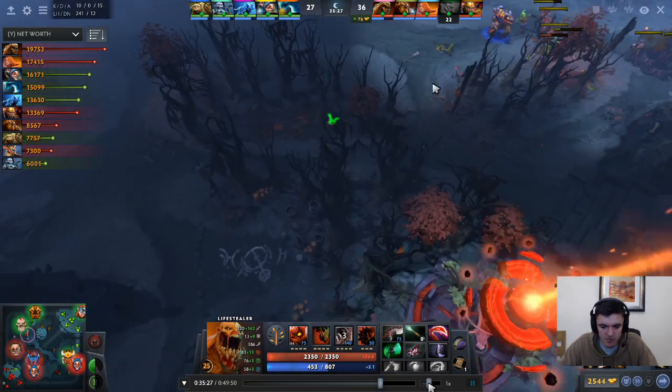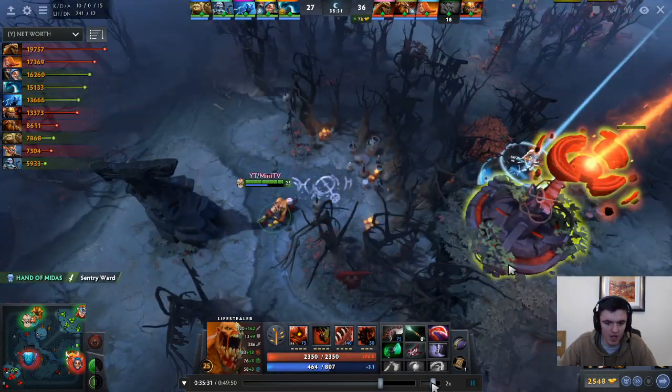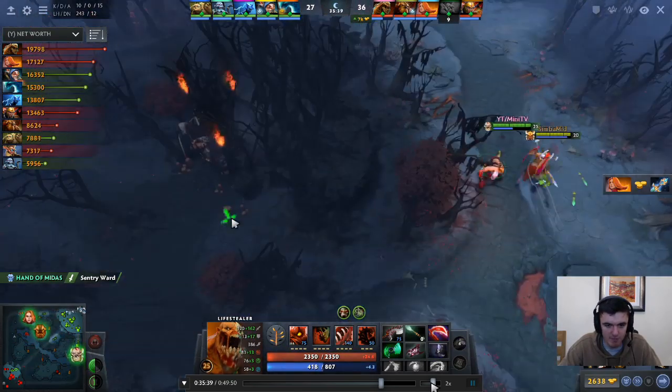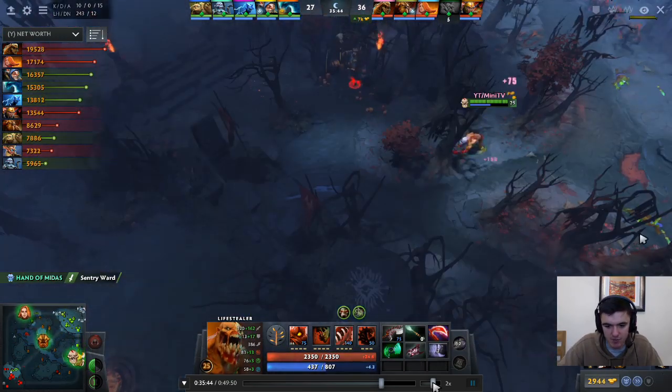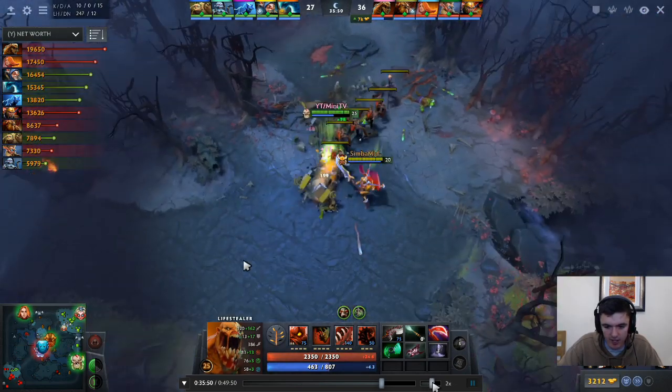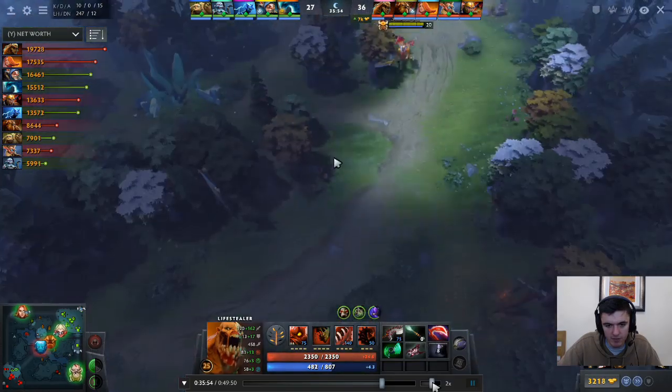So for the next few minutes I'm walking around because there's nothing for me to do, and my team are playing out. I saw an opportunity down bot. Legion doesn't jump, and Meepo gets away. And as you see, I'm starting to build into Mjolnir. I mean, attack speed